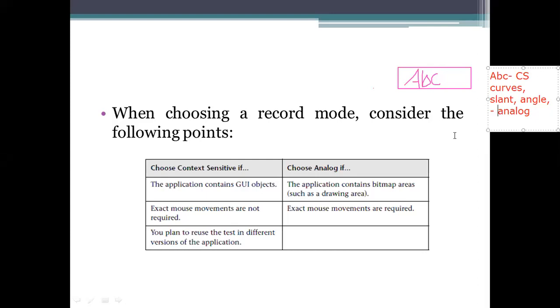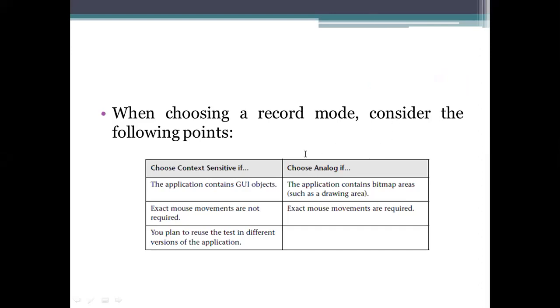So it allows you to know only about the interfacing objects, and here it allows you to know about the drawing based objects or the drawing representations. By these representations, we are able to choose which type of record mode will be used for processing our data.